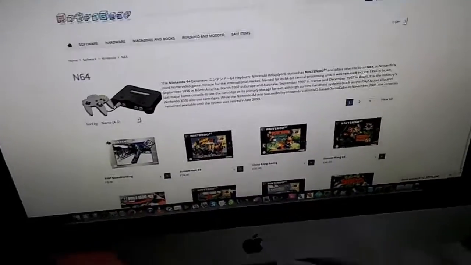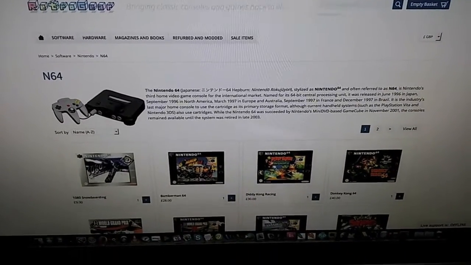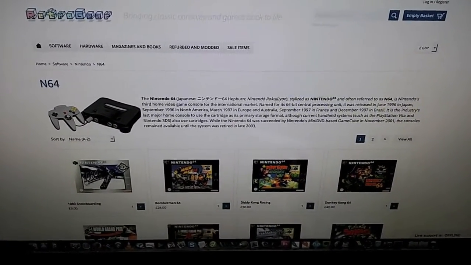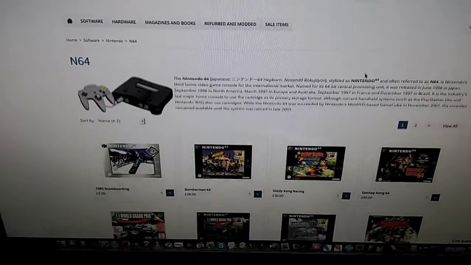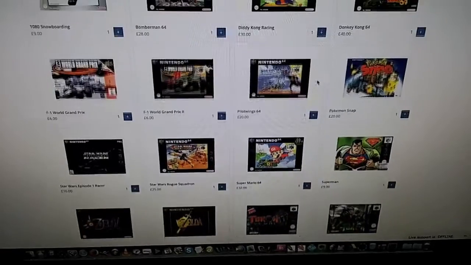which is, I've just looked up how many Spectrums I've got in a database here. You can have a sneak preview of Retro Gear, the new store that I'm about to open. Sneak preview